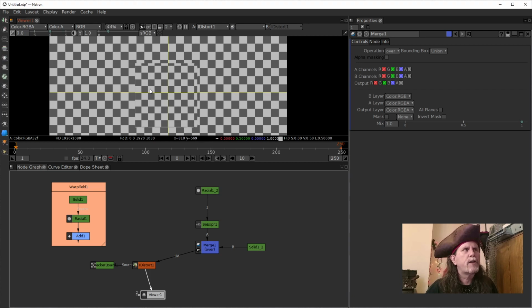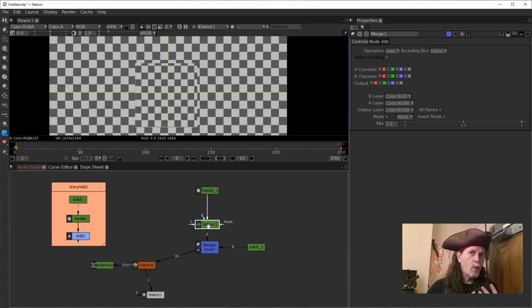This is just a scaled down square of what our original texture is that was created by this iDistort. All right, so that's not overly useful. And we're not actually distorting in the same direction as we want to be. We're doing this in reverse, because one of the things,